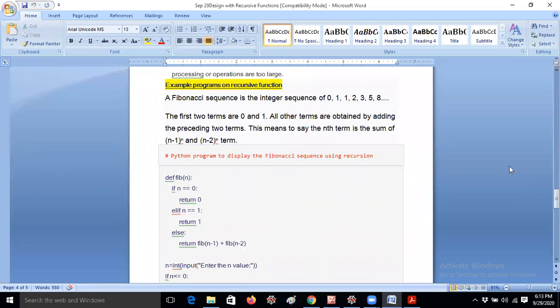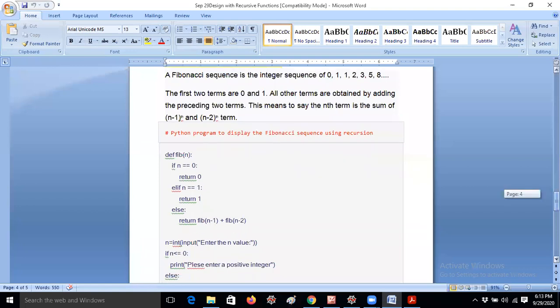Anyway, now I will move to binary recursion. Just now I told linear recursion. Linear recursion means the function calls itself only one time. Now I am moving to the concept of Fibonacci recursion. This is an example of binary recursion.